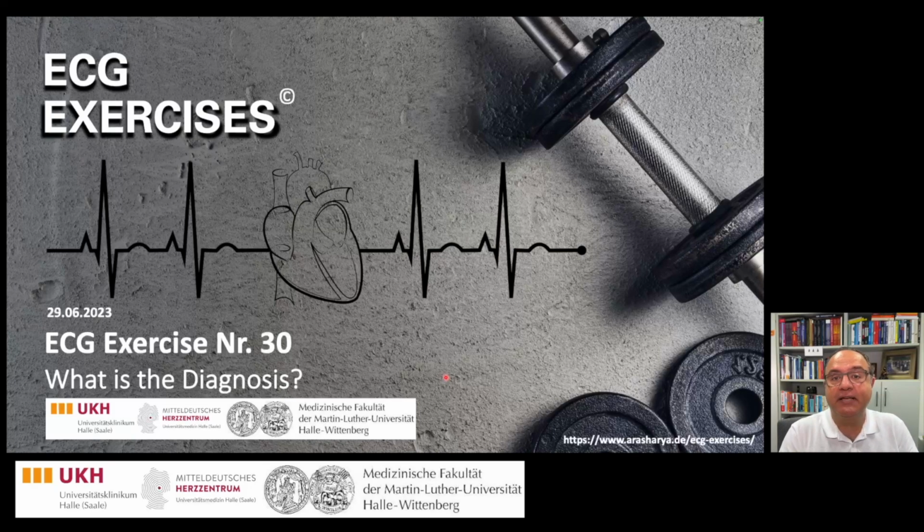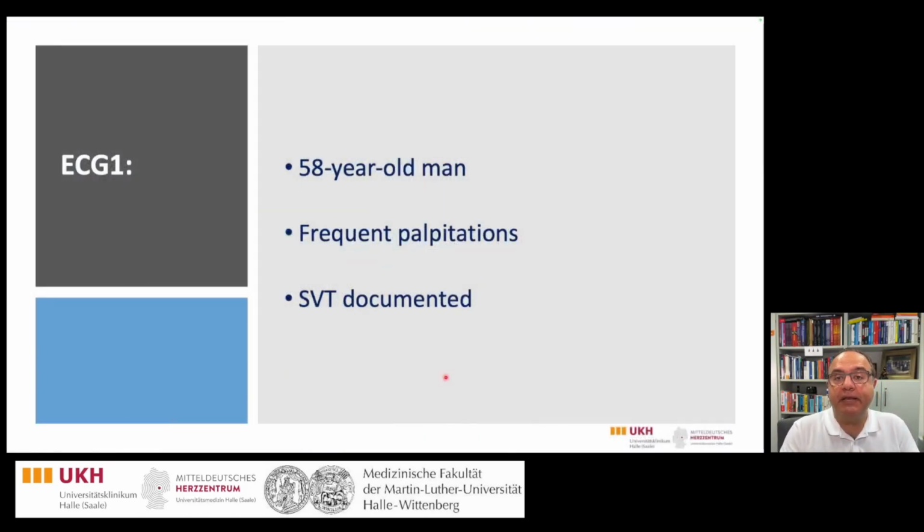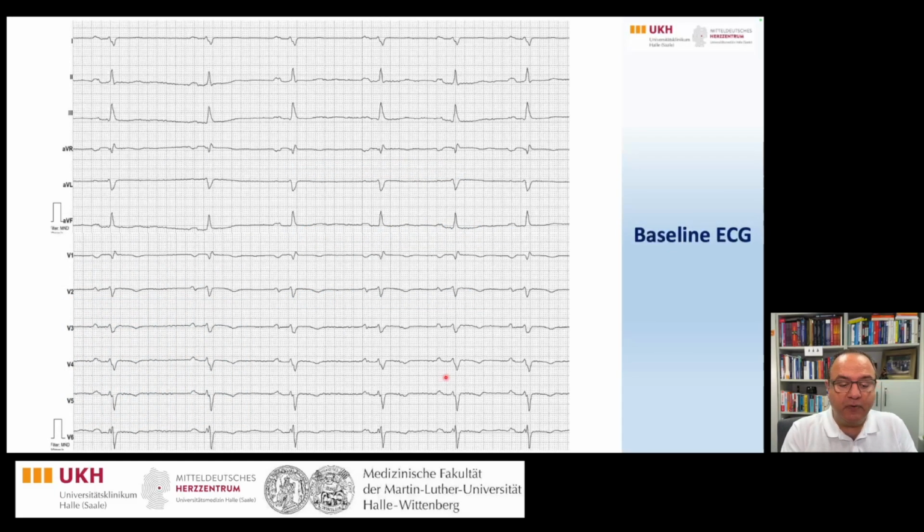This is ECG exercise number 30, and the ECG belongs to a 58-year-old man with frequent palpitation, documented supraventricular tachycardia, most compatible with AVNRT, who was admitted to our hospital for EP study. Here we see the 12-lead ECG, which clearly shows a right axis deviation, incomplete right bundle branch block pattern